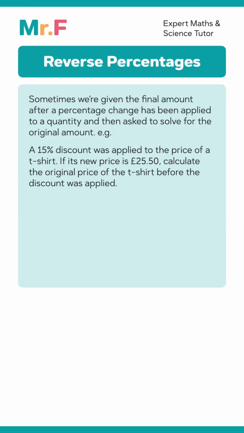Now, the best way to go about doing this, if you recall what I explained to you in the previous lesson, is that to apply a percentage change, express the percentage change as a decimal, and then just multiply your value by that decimal. Now, if you were looking to do that in the reverse,